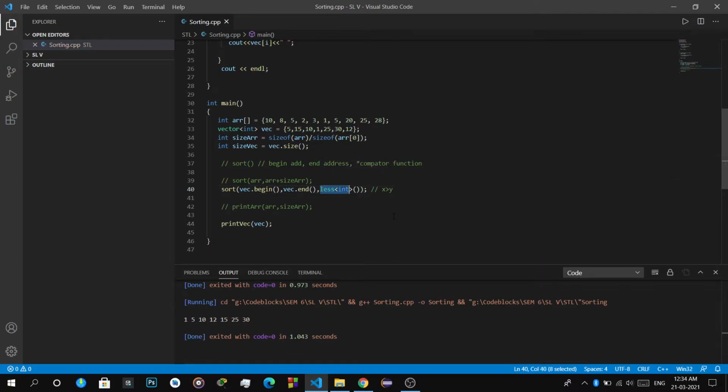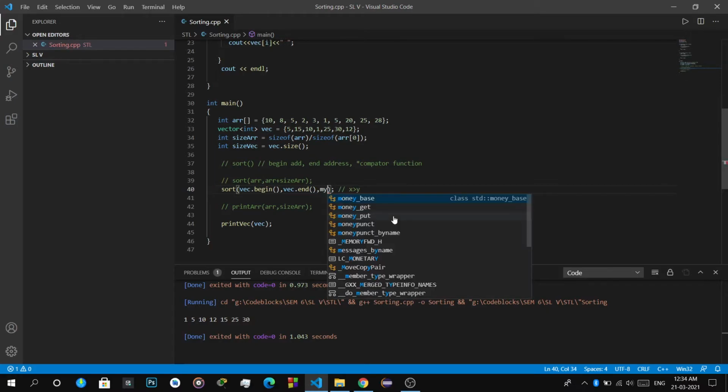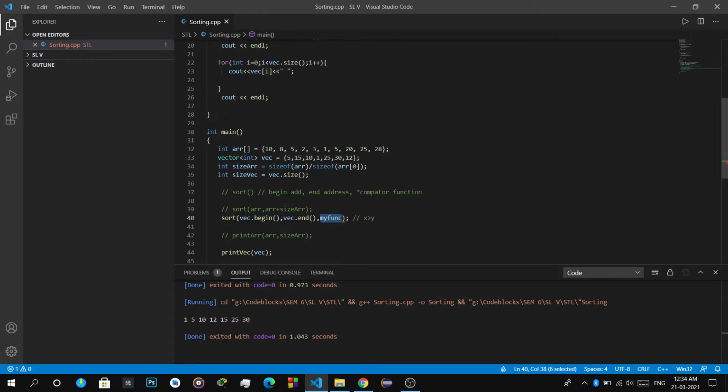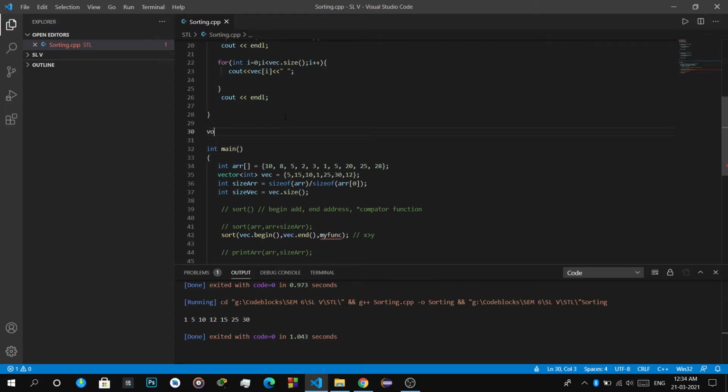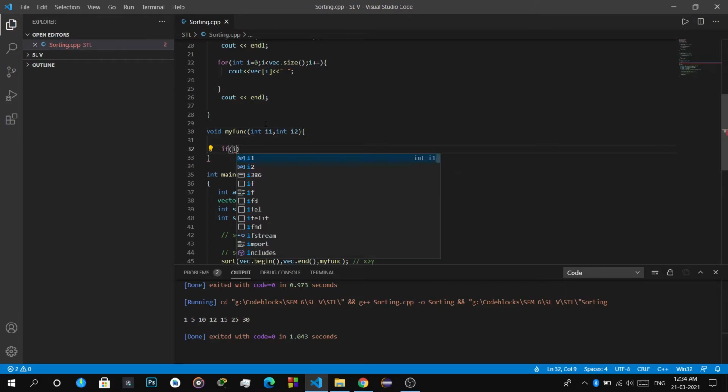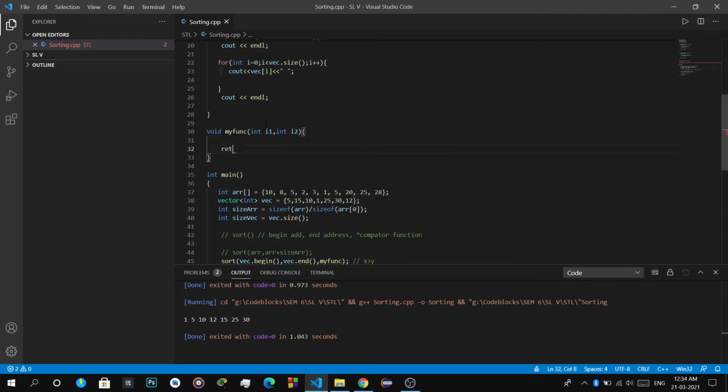Now we will create a user defined template which will compare and sort according to the vector requirement. The vector is of type int, so I am taking int directly as the two parameters. Sorting requires two parameters for comparison, and it must return a bool.